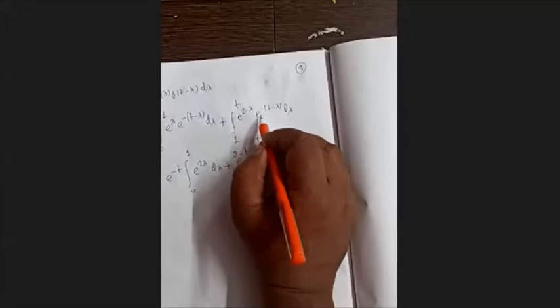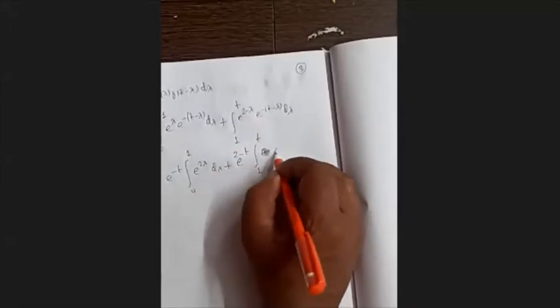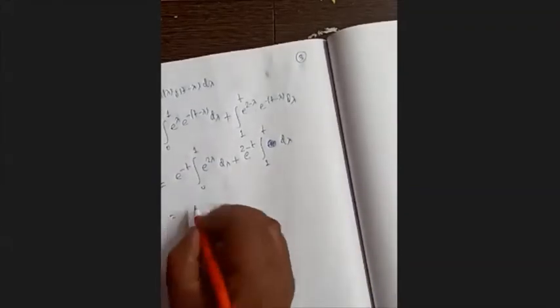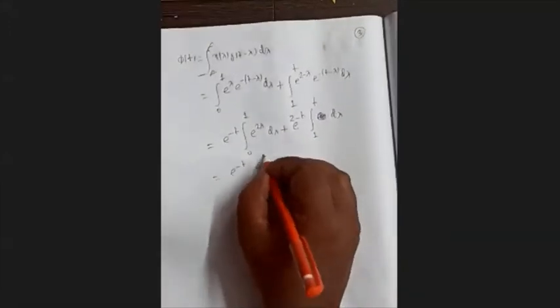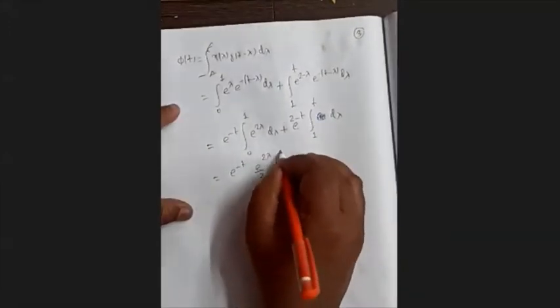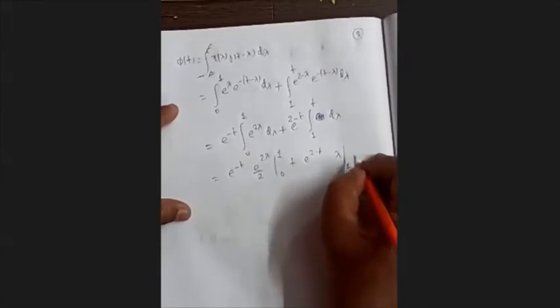E to the power minus lambda and e to the power plus lambda. So there is nothing else. So it is simply d lambda, I think. Isn't it? Is it correct? I think it's okay. So it is e to the power minus t, e to the power 2 lambda by 2, and the limits are lambda 1 to t.